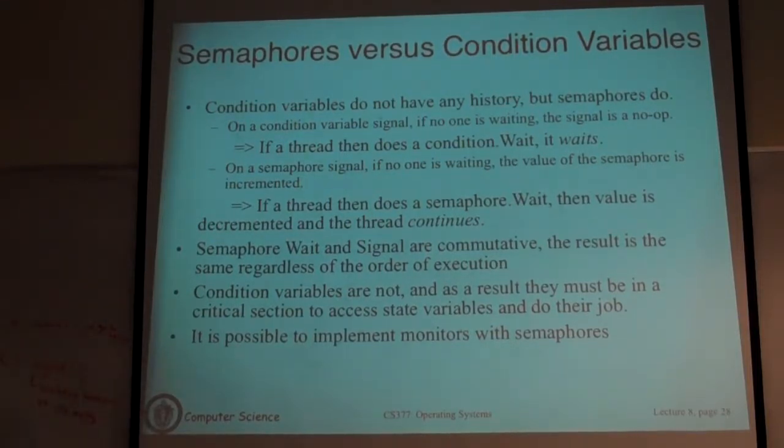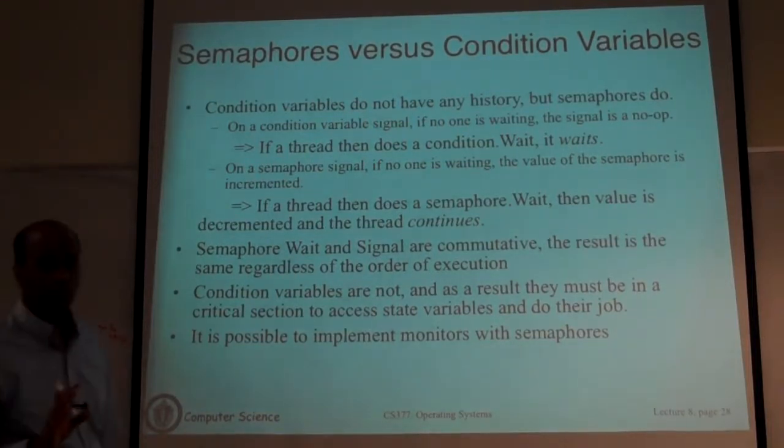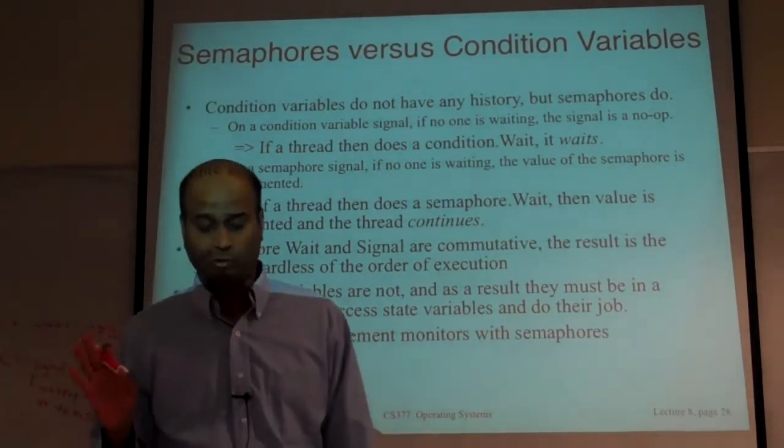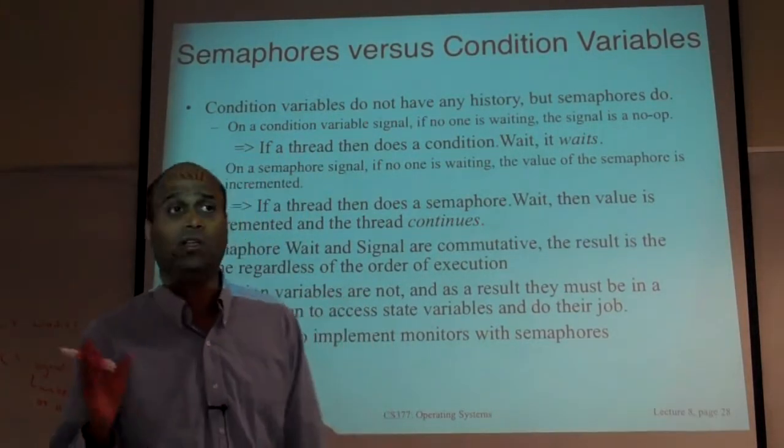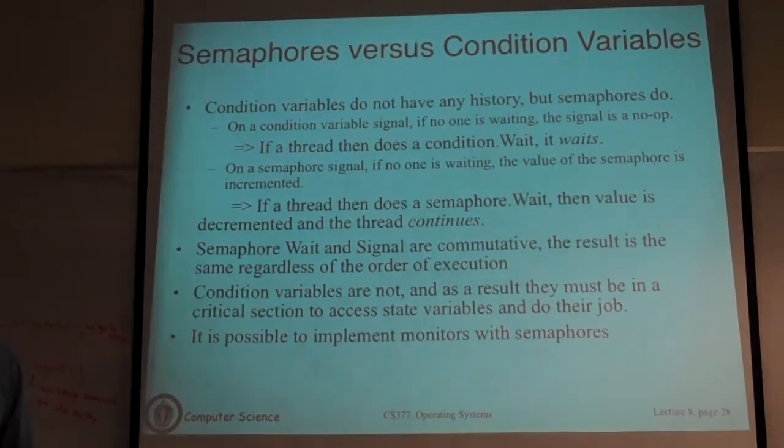The semaphore is inherently an integer variable. It always has a value, whether it's 0, positive, or negative. That value encodes the state of the semaphore. It's saying something about what is happening with that semaphore. In a condition variable, that is not the case. And the best way to understand the difference between using one or the other is to just try out a small snippet of code.